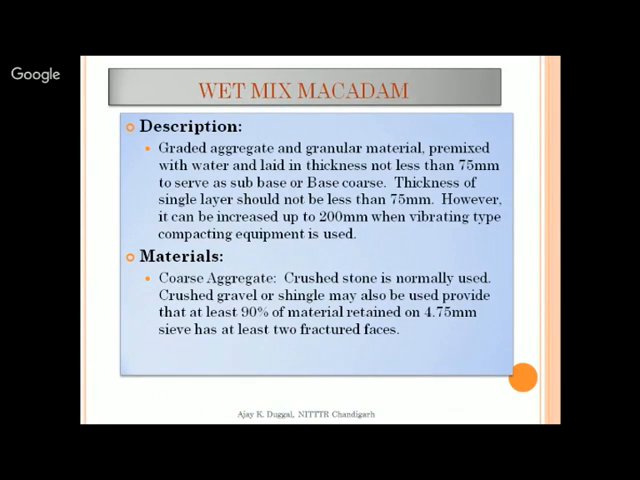And laid in thickness not less than 75 mm, minimum thickness 75, maximum up to 200 mm. अगर आप वाइब्रेटिंग टाइप कंपैक्शन इक्विपमेंट यूज करते हैं तो मटेरियल जो है उसमें यूज करना है आपने 2 फ्रैक्चर्ड फेसेस होने चाहिए। What does it mean, फ्रैक्चर्ड फेसेस? जब हम मटेरियल एग्रीगेट को क्रशर में ब्रेक करते हैं तो नेचुरल साइड होती है एक, और एक होती है ब्रोकन साइड। तो ब्रोकन फेसेस मिनिमम 2 होने चाहिए, तभी उसकी इंटरलॉकिंग अच्छी होगी।